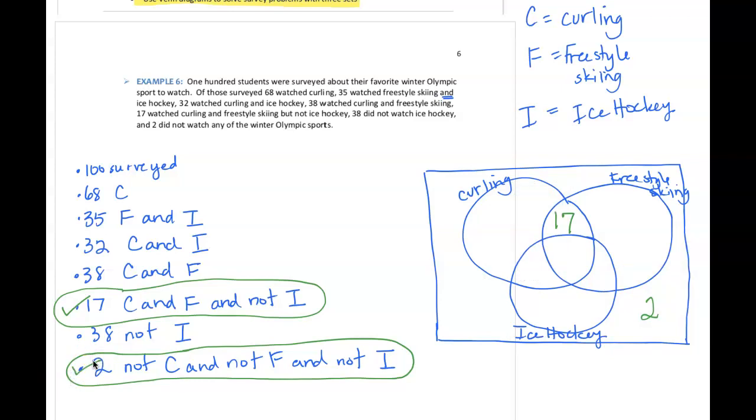Let's try to go to another statement. Let me try this one, 38 do not like ice hockey. If I hide the ice hockey set, then I need to figure out how the 38 is separated in these other spaces. There are 4 spaces still being shown, but because I have 2 empty spaces that aren't filled in yet, I'm not sure how to separate the 38 among all 4 of those spaces. It's still unknown. We'll save that statement for a little later.